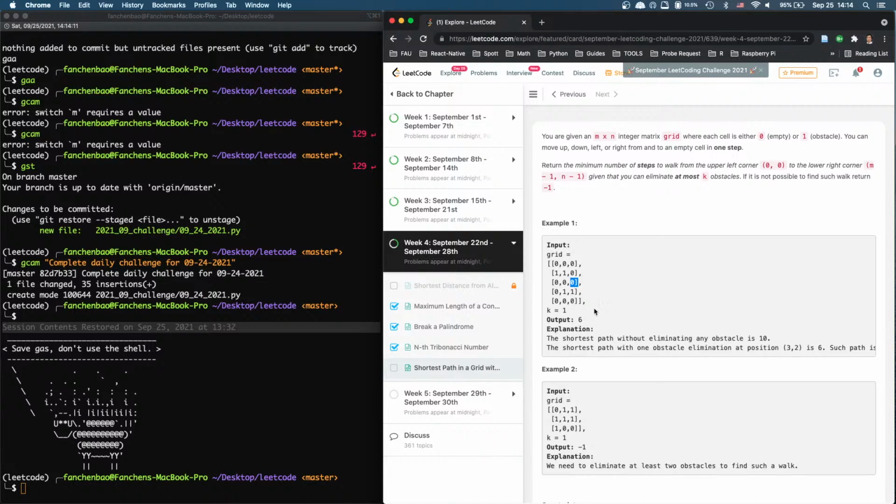Okay, so at each position, we know the shortest route to the end and the minimum number of obstacles we need to traverse. Okay, now with that in mind, we get at each position the shortest distance and the minimum number of obstacles we need to go through. Okay, that's fine. We can do that. Now once that is done,